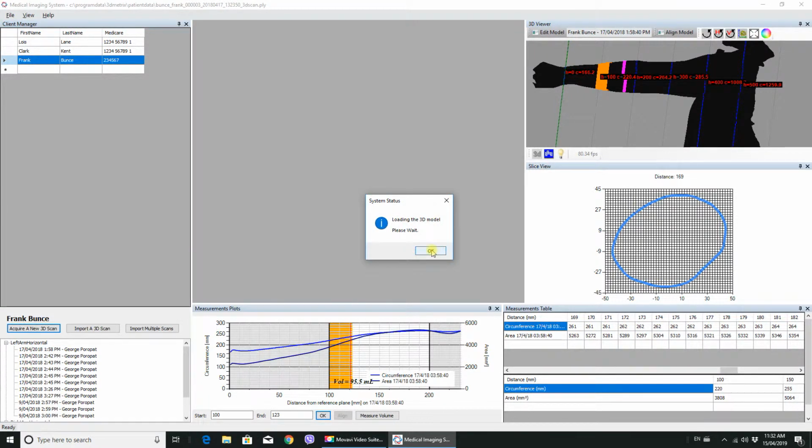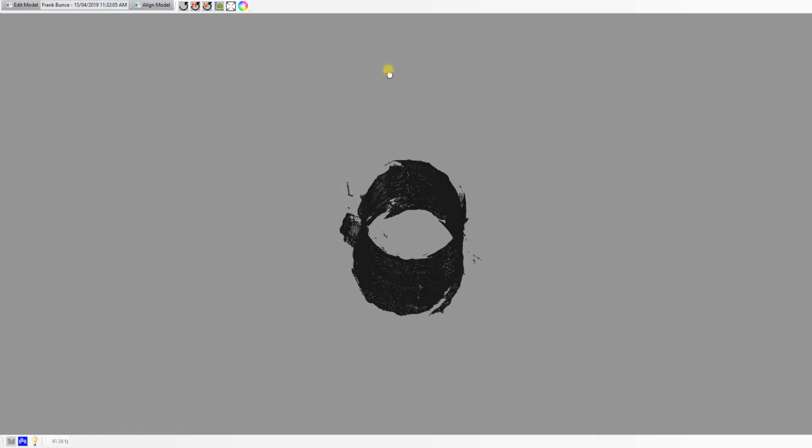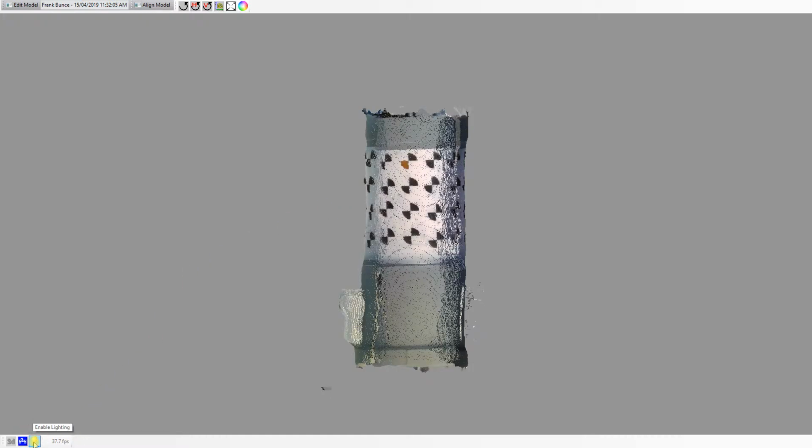So here we go. The 3D model is now loaded. And here it is. This is the outline. I like the black and white because it gives me clear ability to identify issues or potential issues with the outside of the captured image. Now the lighting is pretty rotten in here at the moment. You've got quite light on one side and quite dark on the other side. If I wanted to get a better view of that, there's a button down here that I can press